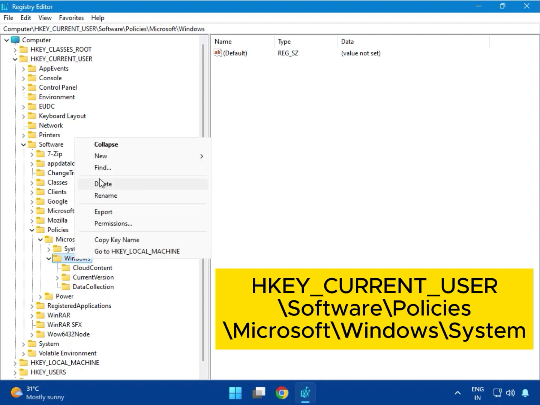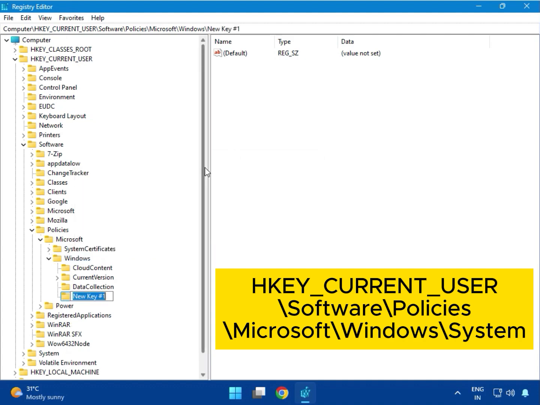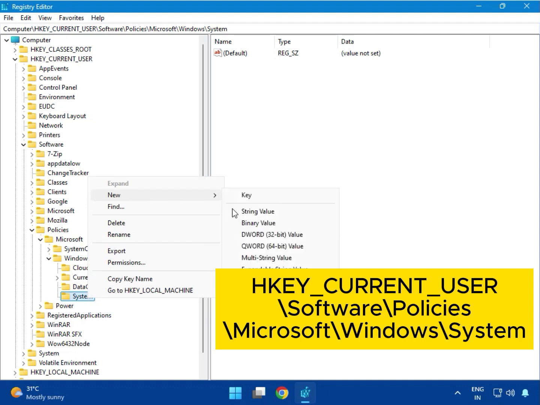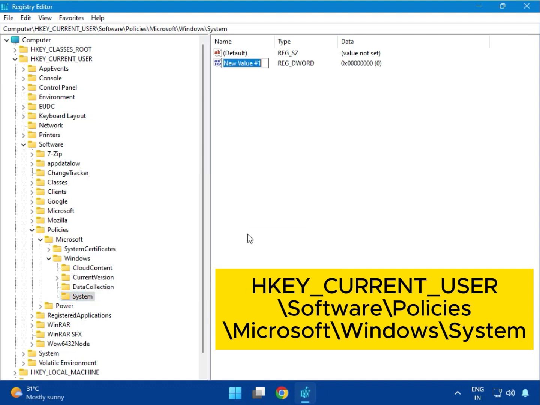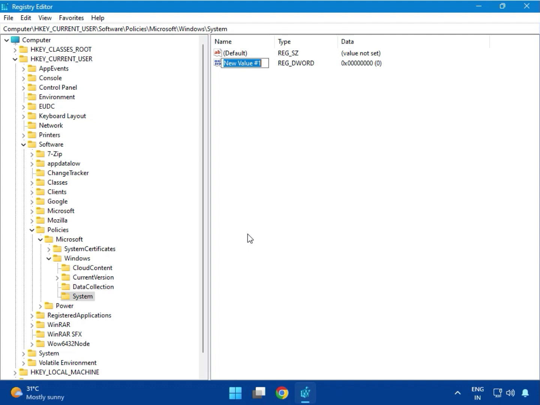right click on Windows, then New, and then click on Key, then enter System with a capital S. System, and then OK. After that, right click and again New, and DWORD 32, and enter the name DisableCMD, with capital D, ISABLE, and caps CMD